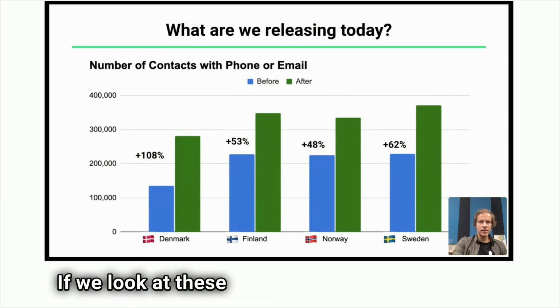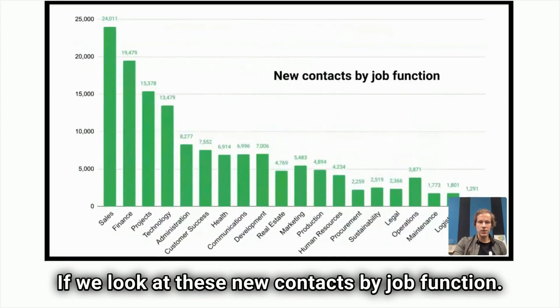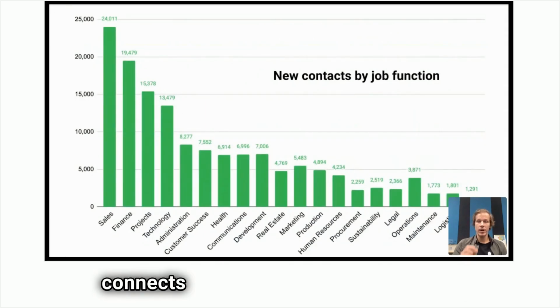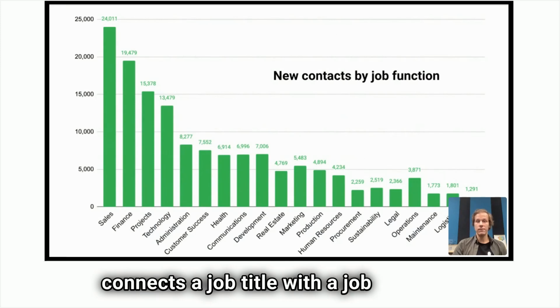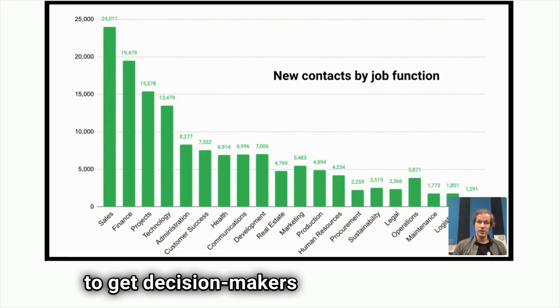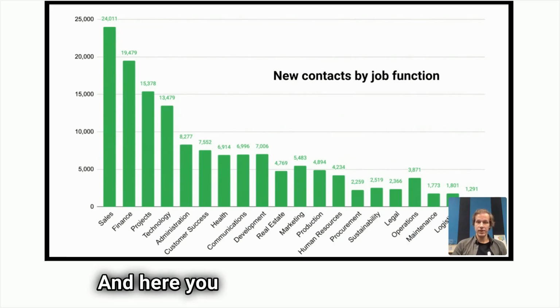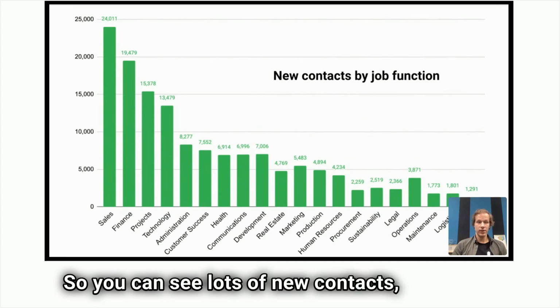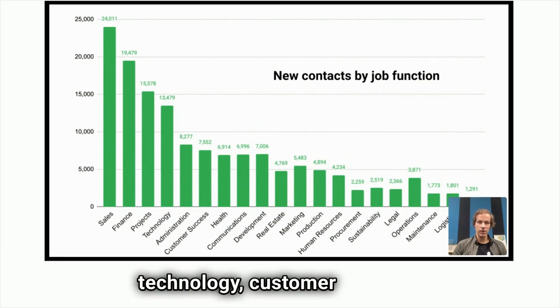If we look at these new contacts by job function, we have built a model that automatically connects a job title with a job function so that it's very easy for you when you do sales prospecting or build your ideal customer profile lists. You can easily pick one of the functions to get decision makers from that function. And here you can see the new contacts, the ones that we just added into Vainu platform based on the function they work at. So you can see lots of new contacts, of course, from sales, finance, technology, customer success,